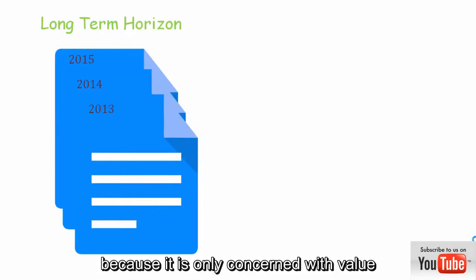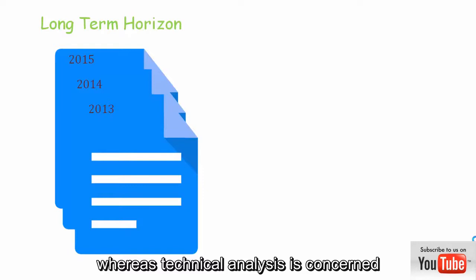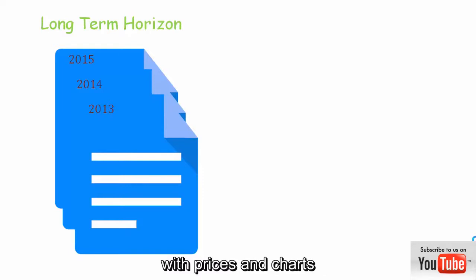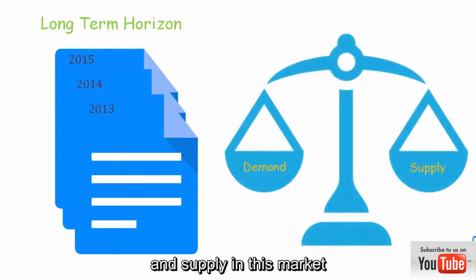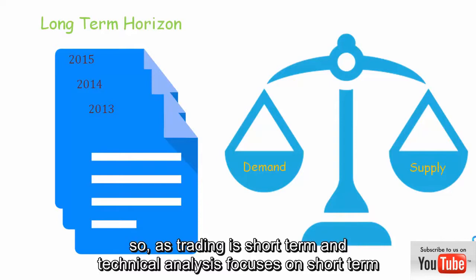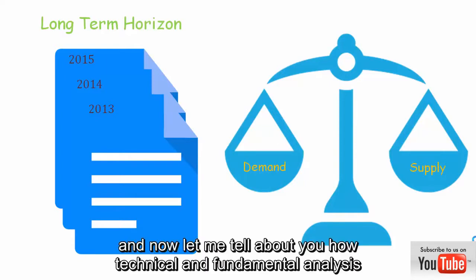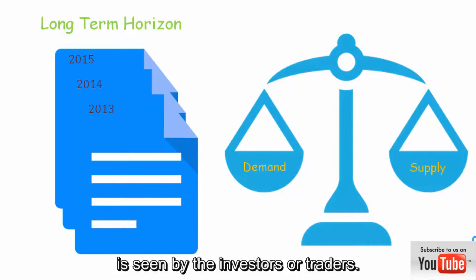as it is only concerned with value, which will be equal to its share price at an unspecified time in the future, whereas technical analysis is concerned with prices and charts, which determine demand and supply in the market. And these are the forces which change stock prices. So as trading is short term and technical analysis focuses on the short term, the technical approach becomes the best approach when trading in stocks. And now let me tell you about how technical and fundamental analysis is seen by the